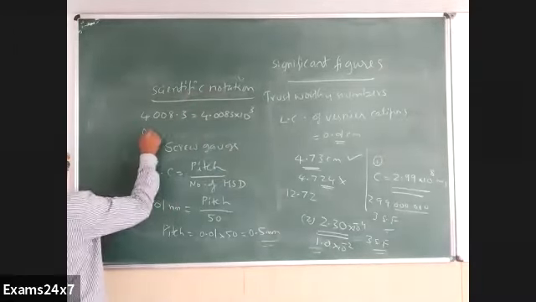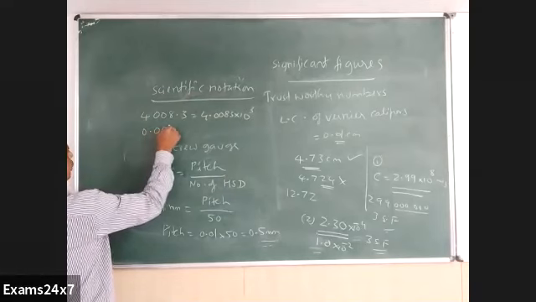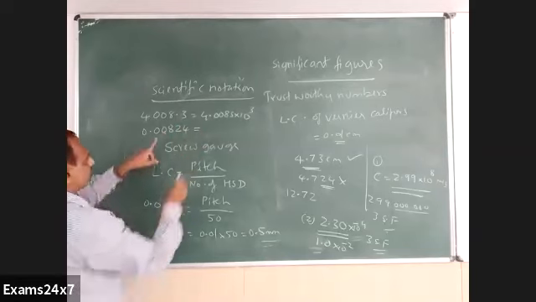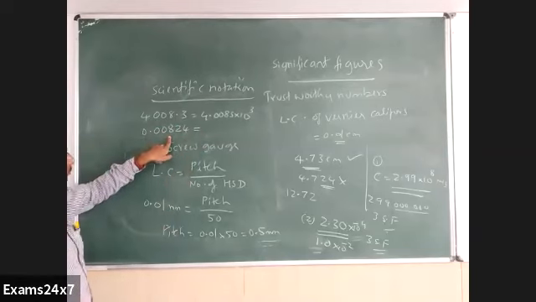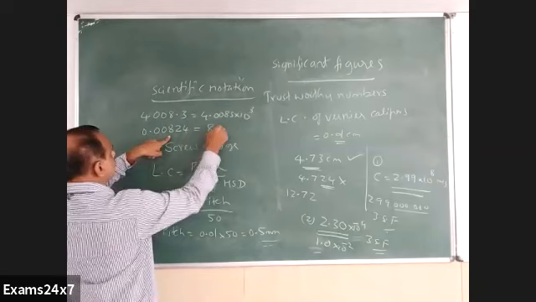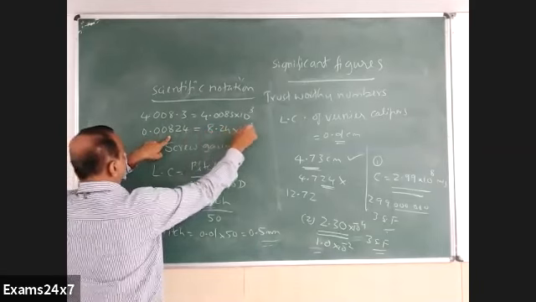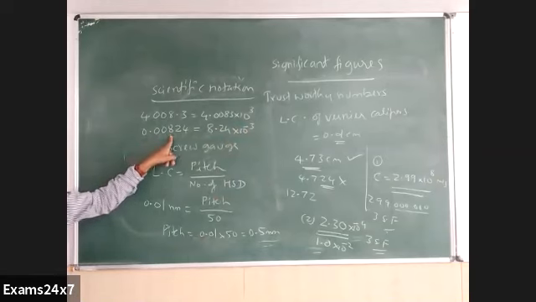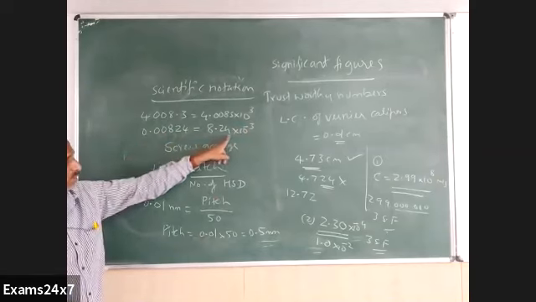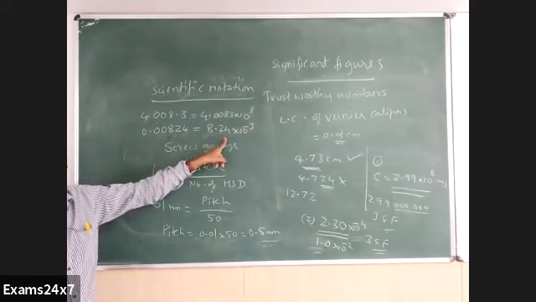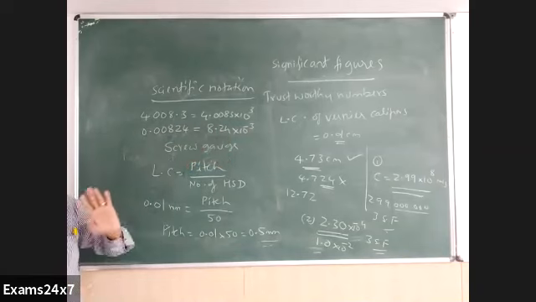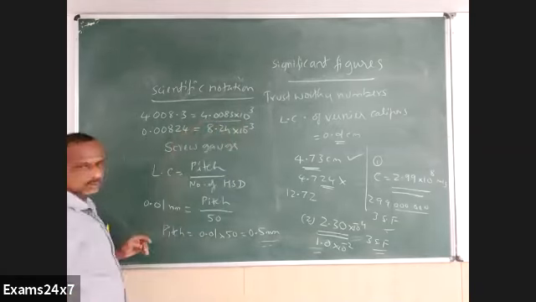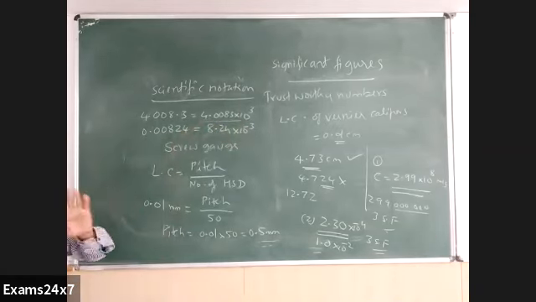Similarly, if it is the number 0.00824, how can we write this? 8.24 into 10 to the power of minus 3 now. 0.008, 10 power minus 3. Once again, 3 significant figures are there in this, 824, trustworthy numbers in the presentation part. Here, how many significant figures? I'll come to that now.